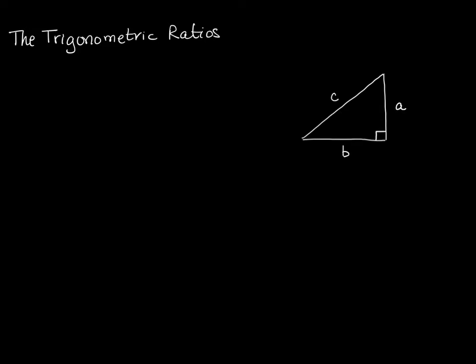This is how you're used to seeing a right triangle labeled because we know the Pythagorean theorem, c squared equals a squared plus b squared, and we usually label the hypotenuse c. This isn't about the Pythagorean theorem, though. Today we're going to be talking about the trigonometric ratios, which means we're going to be talking about the relationships between these 2 sides, these 2 sides,